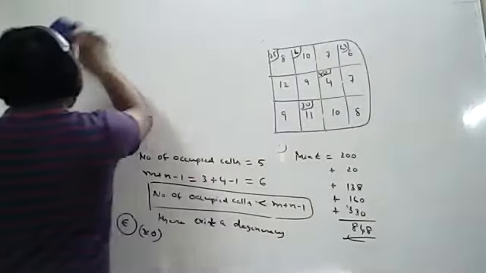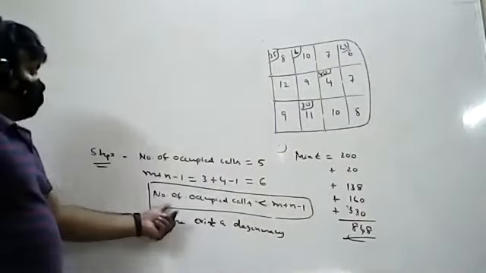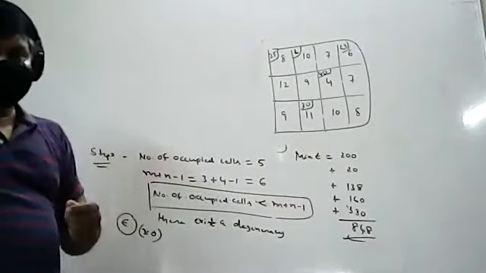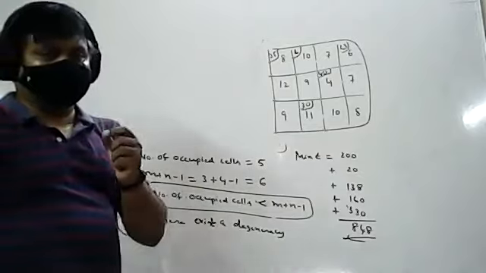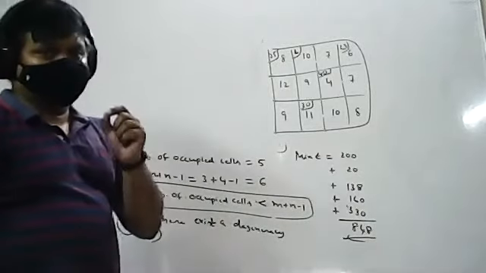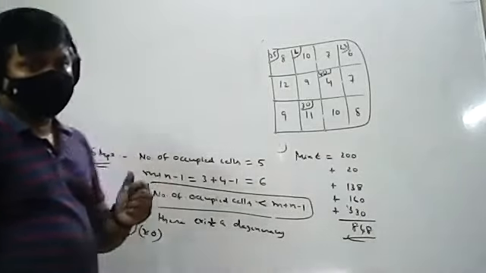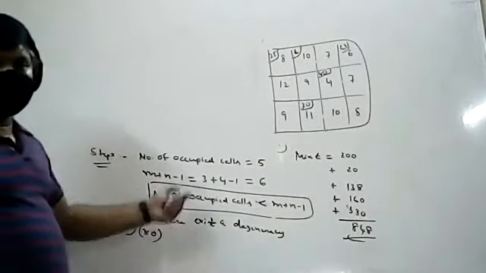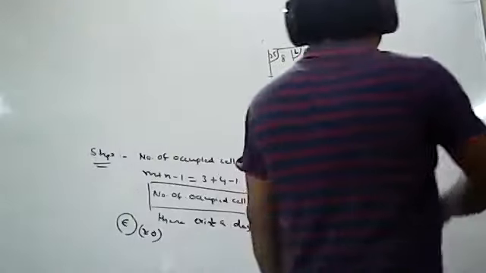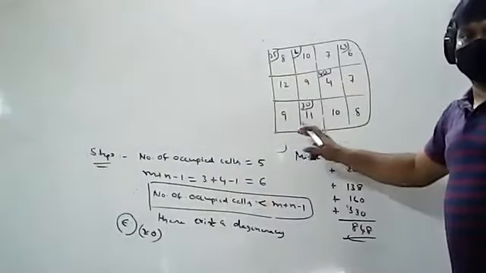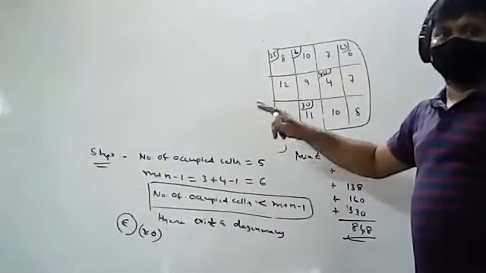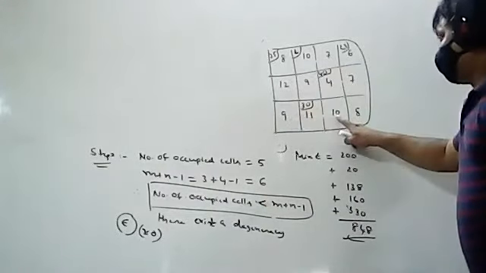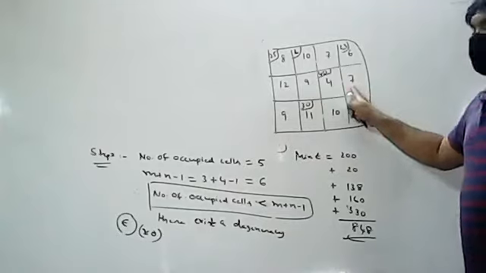Now this is the table. Now what I am saying, the number of occupied cells is less than m plus n minus 1, so there exists a degeneracy. To resolve this degeneracy, you have to identify a suitable independent cell from all the unoccupied cells, and assign a very small positive value epsilon, which is equivalent to 0, to that particular cell. Generally you have to identify the minimum element. What are the unoccupied cells? 1, 2, 3, 4, 5, 6, 7. Seven are there. You have to identify the minimum value.